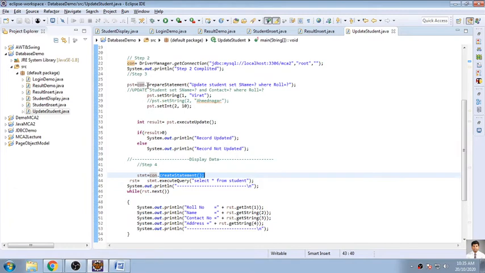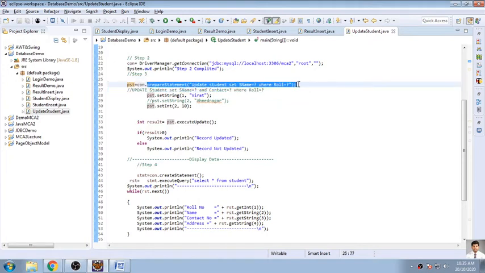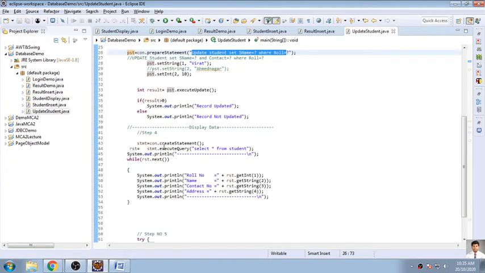See, there is a difference from prepared statement. In prepared statement, as soon as the object of prepared statement is created, we are passing the parameter, that is, you are passing the query directly to that object. But when we go for statement, it is not passed directly. Here only an object is being created, and using that object you use one function called execute query. Into that you are passing your query. So execute query will be the function that will be transmitting the values to your statement object.